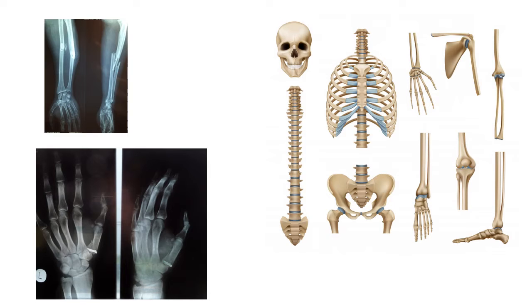Some ideas about the shape and the number of bones of our body parts we can obtain by feeling them. Just if we touch them, we can feel them. The other way is by X-rays. When X-ray images are taken, we can see the kind of bones that are present in our human body.